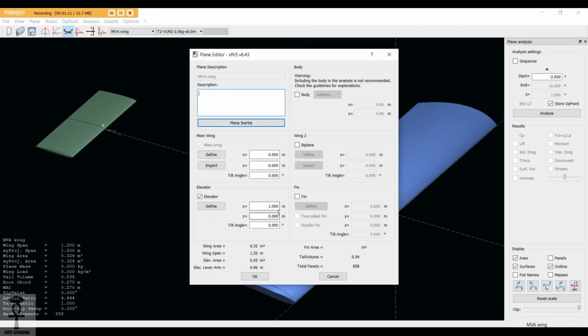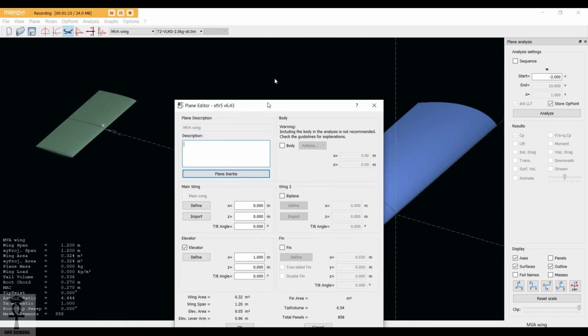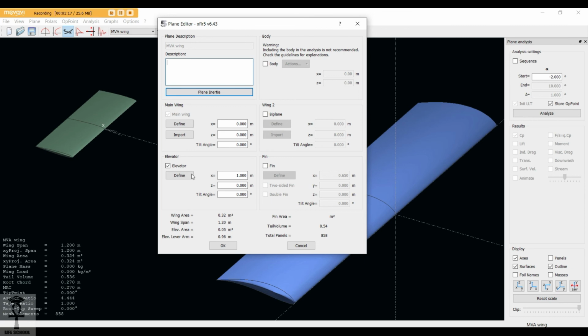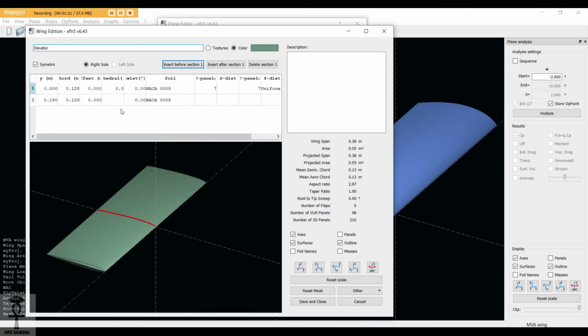I chose the tail as 0.9, but this distance is marked from the origin, so I put 1 meter. Then I defined the tail like this, selecting an aspect ratio of around 3, that is 2.97. You can see the aspect ratio 2.97, so I selected aspect ratio as 3. And then I used a NACA 0008, a symmetric foil, for my tail.